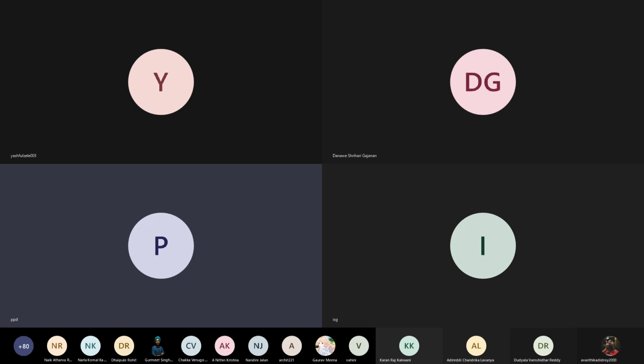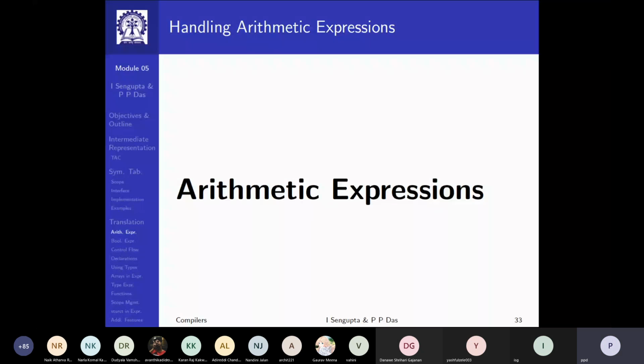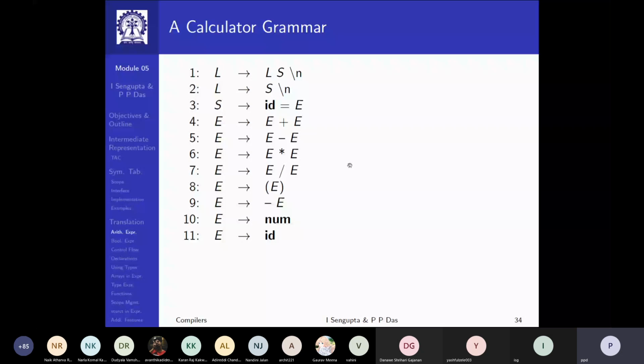So we have been discussing translation of arithmetic expressions. I'll just quickly recap and move on. So this was a grammar that we chose, which was kind of the programmable calculator kind of grammar, where you have a set of expressions involving multiple operators. We have used an ambiguous grammar for compactness, and we know now that using the precedence and associativity, the ambiguity can be very easily resolved in the parser. So it gives you a very compact parser.